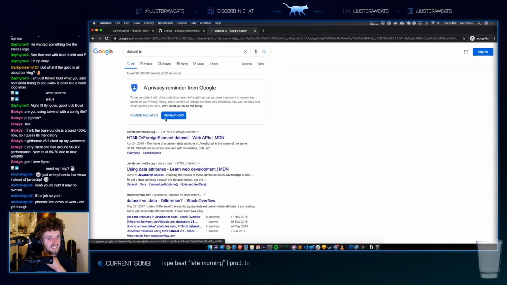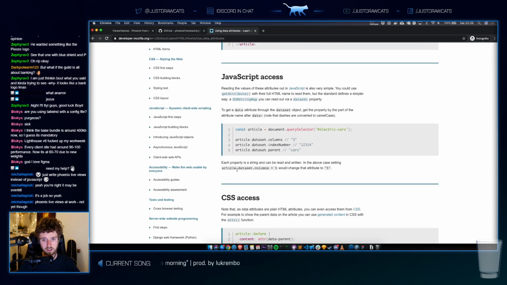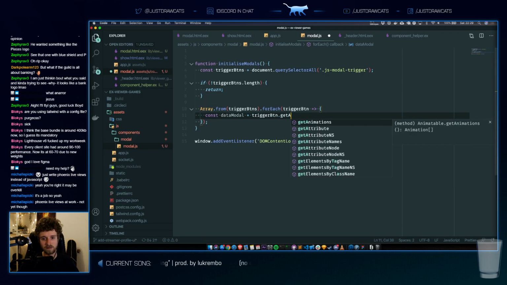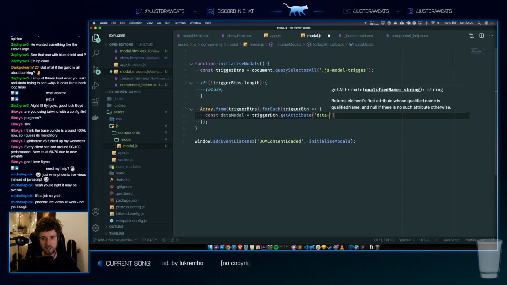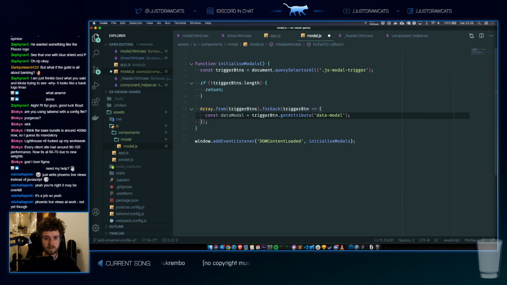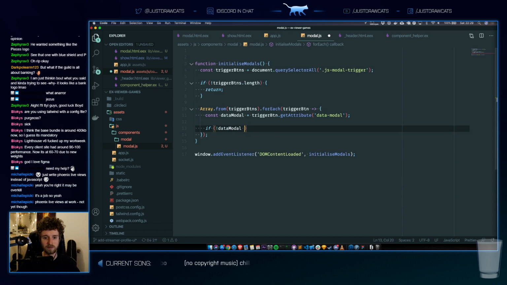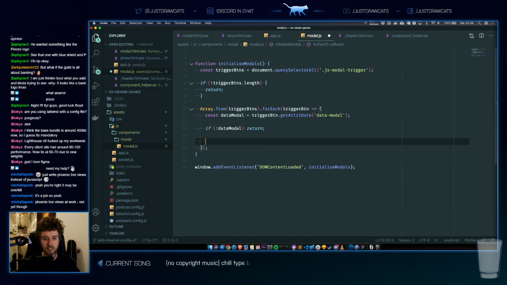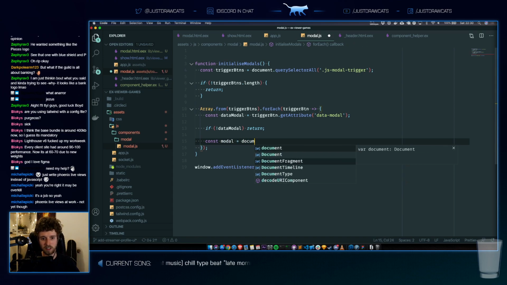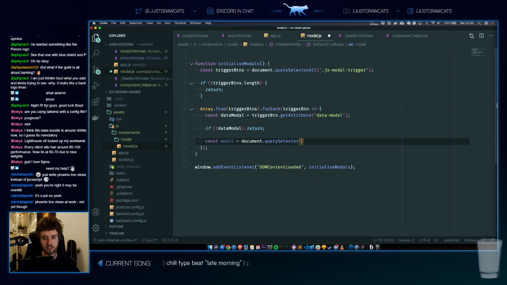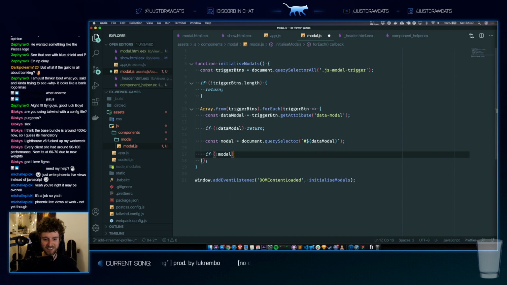Yes. Can also just do getAttribute, it's a little safer. data-modal. If no data modal, return. Then we're gonna get the modal element, which is gonna be document.querySelector by ID data modal. If no modal, return.